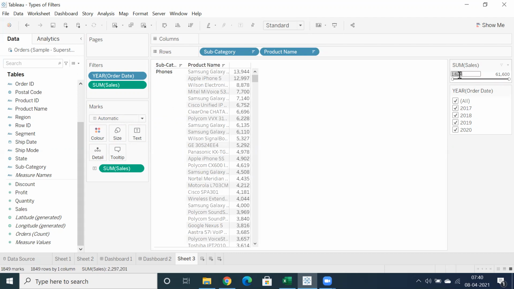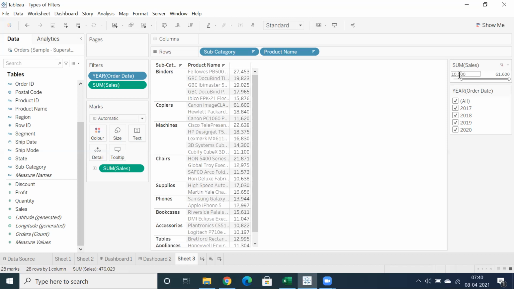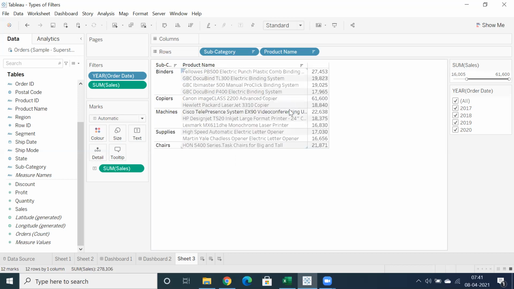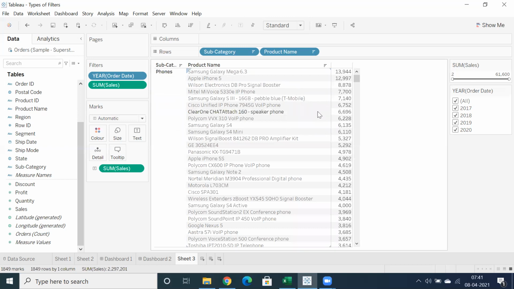When you filter, let's say I want to filter out greater than 10K, you can apply the filter. You can use a slider or you can type in. That's the flexibility for the price range or sales range. Whatever data you want to filter out, you can choose the filter, and you can see the product names with sales ranging from 16,000 to 61,000, correct? So what I mean to say is you have the flexibility to choose the filter condition on the fly, in the sense that you can select the data as you need.